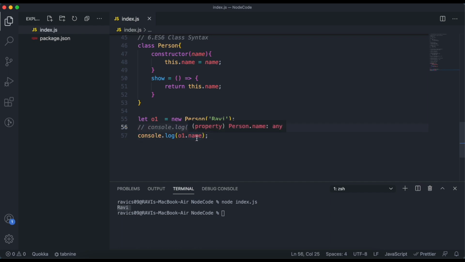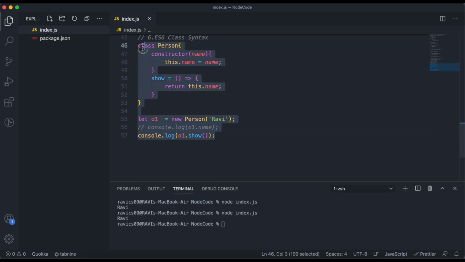So instead we can directly call the method name also, and in this case also let's run this one, and you can see Ravi is printed because here we have defined a method inside this class, the name show, and we are calling this method using this o1 instance. So by this way you can create an object in JavaScript also.